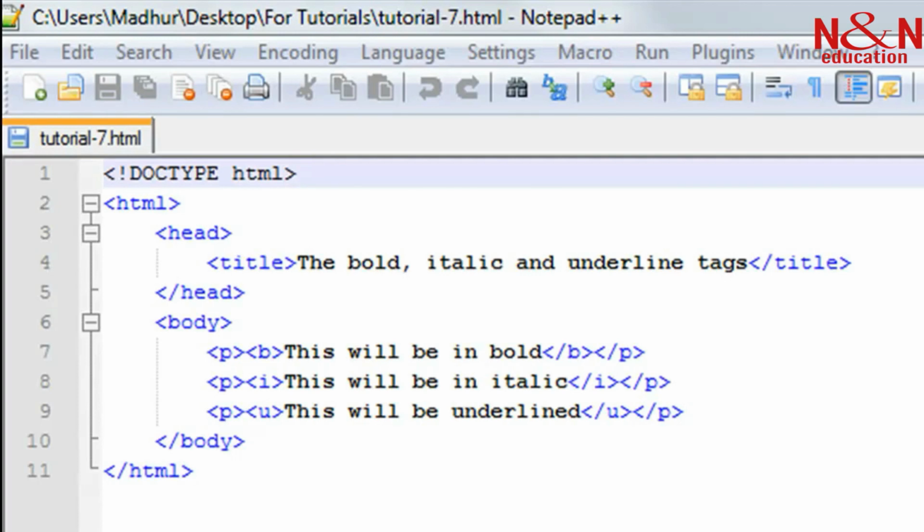This is the 7th tutorial in this course, and in this tutorial we'll be checking out the bold, italic and underline tags in HTML. And as you can see, I have a file opened in my text editor Notepad++. I've given it the name tutorial-7.html, and on line 1 in this file I have the doc type declaration, and then between the HTML tags I have the head section in which I have the title of my web page, which is the bold, italic and underline tags, and in the body section I have 3 paragraphs, and the first